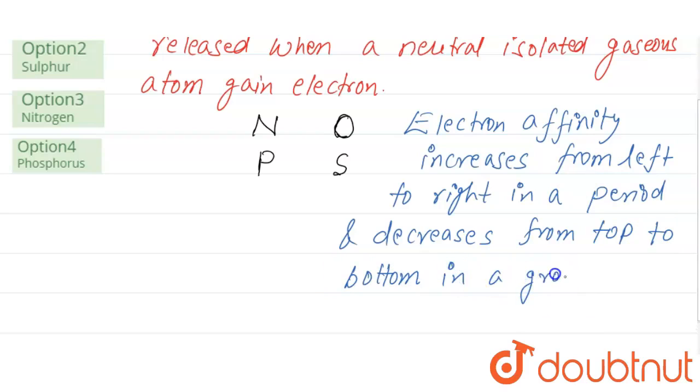This is the normal trend. So according to this trend, the highest electron affinity here should be of oxygen,